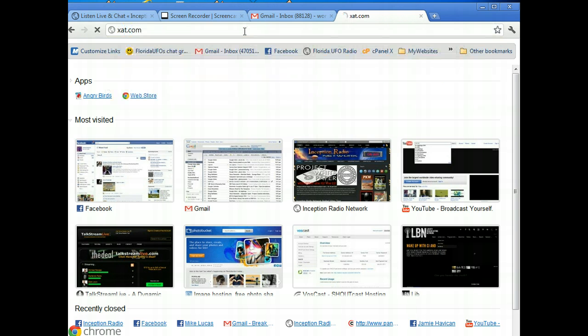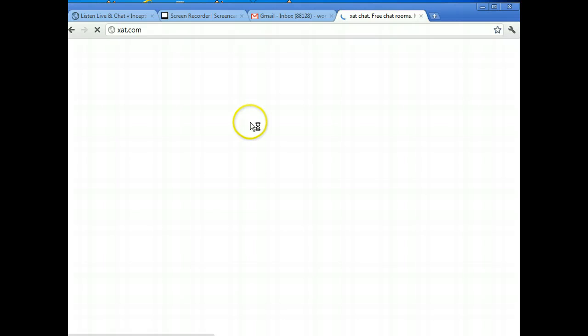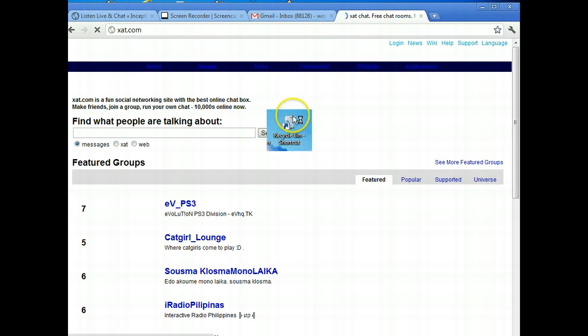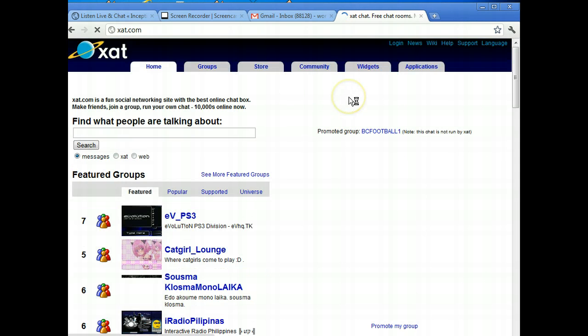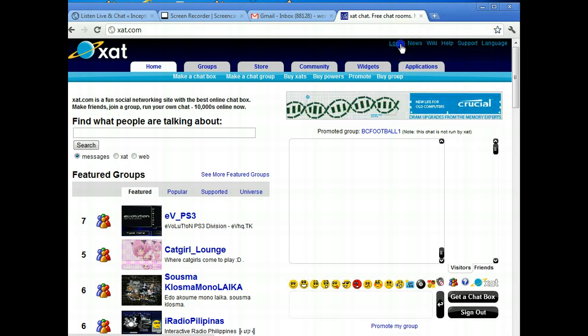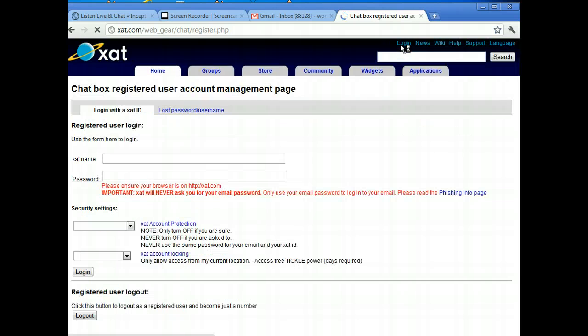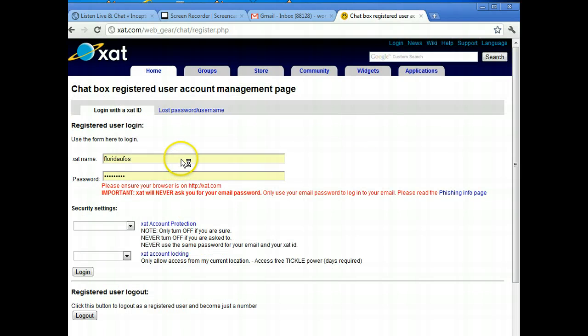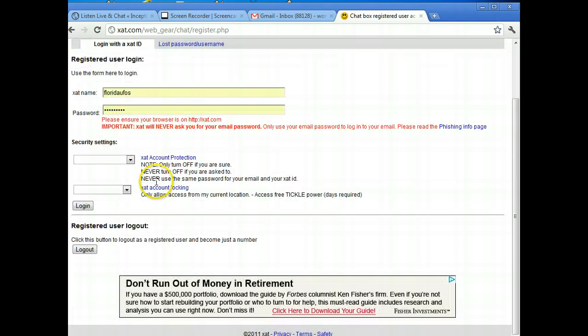xat.com, and once you're there is where you're going to register your name. And Xat can be tricky. I'm telling you, it can be very tricky. So what you want to do is click login, and basically right here, if you have an Xat login, log in. If not, you can register a user,